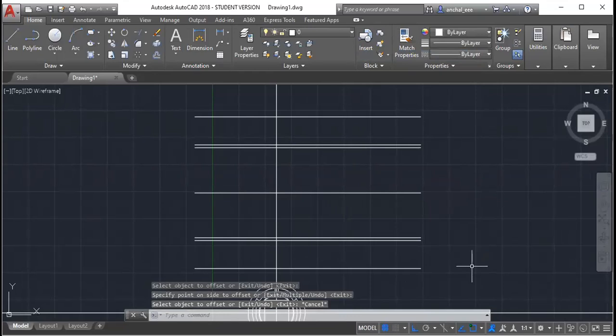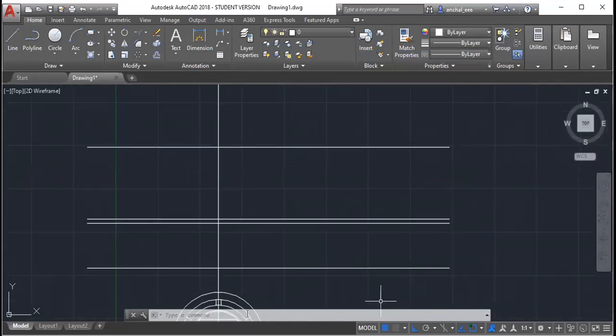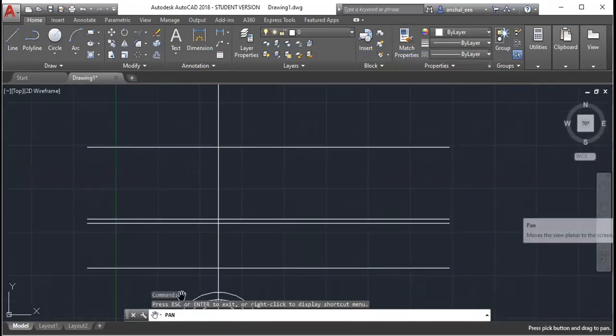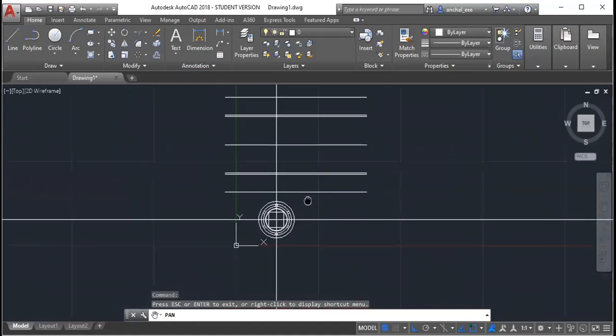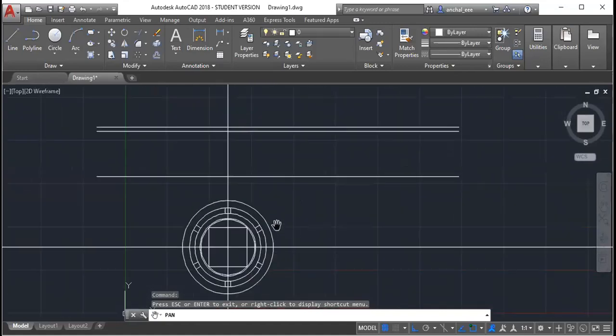So this is the upper limb of the core, and this is the down limb of the core, and this is the insulation in between the windings. So what we are going to do now is extend the windings. Take a line.